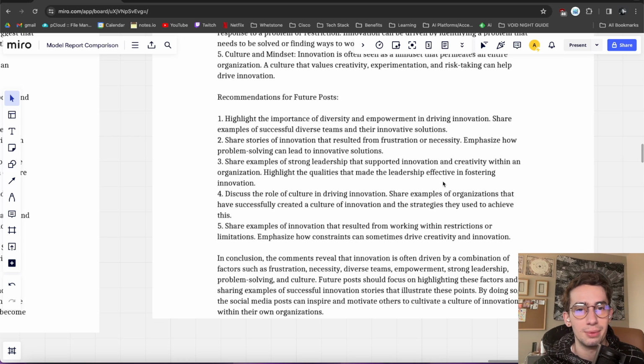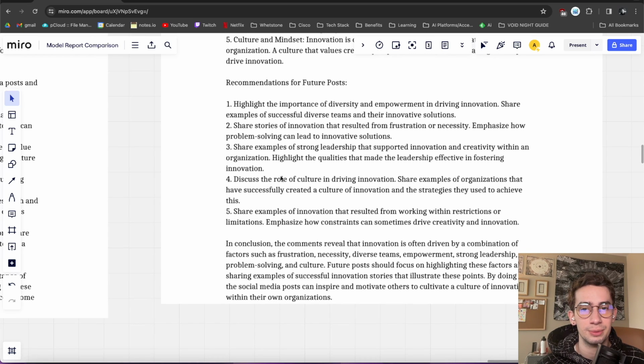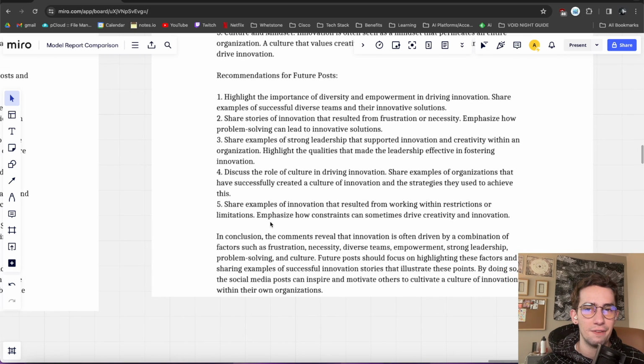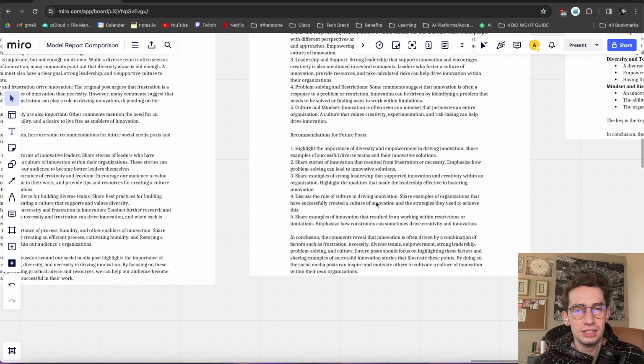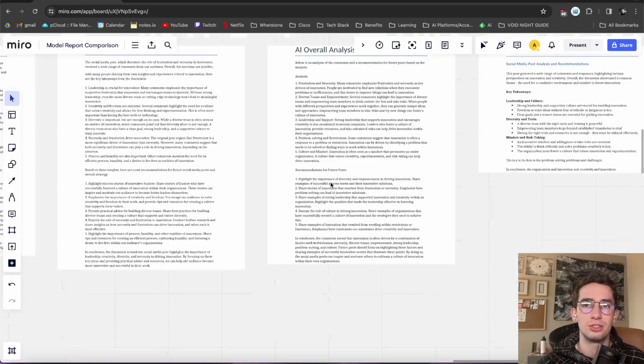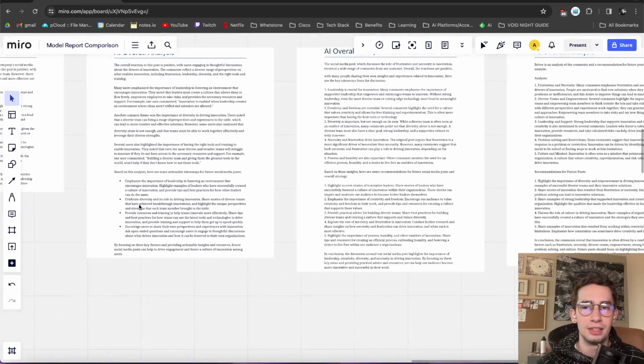Highlight the qualities that made leadership effective in fostering innovation. Decent suggestion there, actually. Discuss the role of culture, share examples of organizations. Still not as great. Emphasize how constraints can sometimes drive creativity and innovation. Decent post suggestions. Really like this middle one of highlighting the qualities. I think that's a good idea, but overall still not super up there like the couple that we were